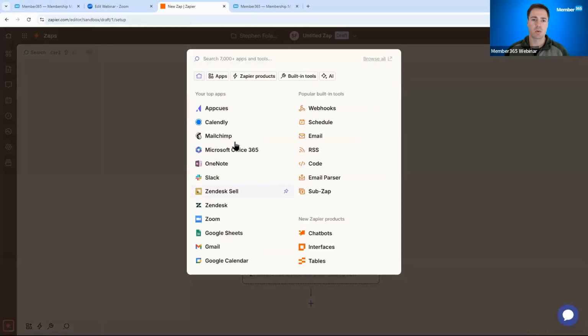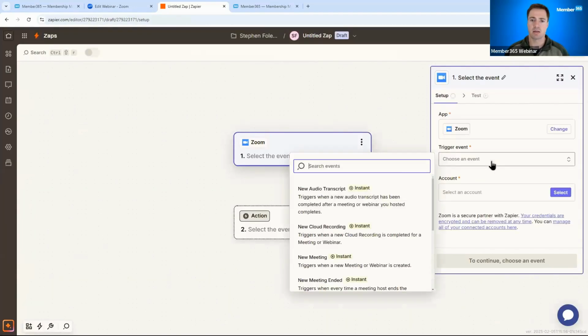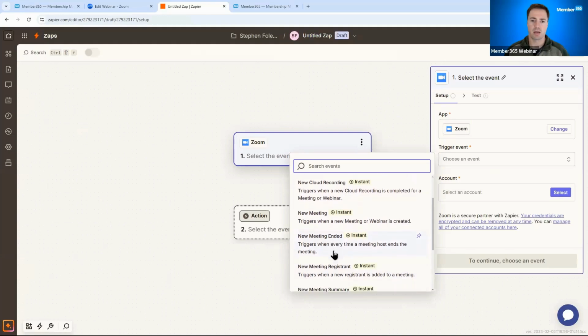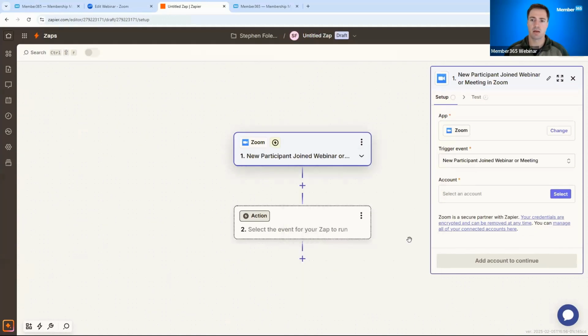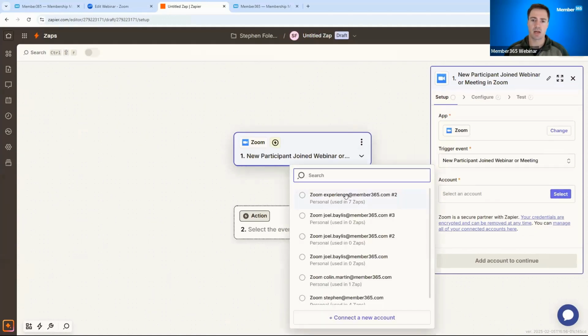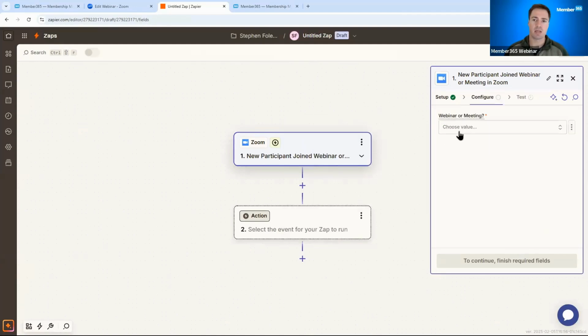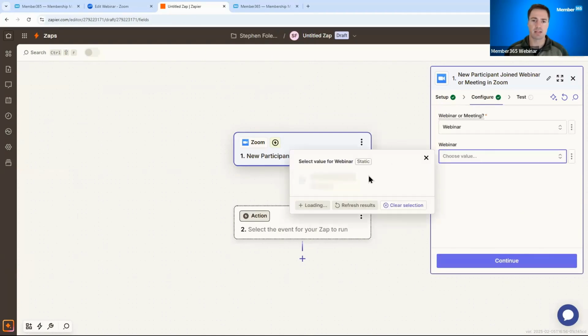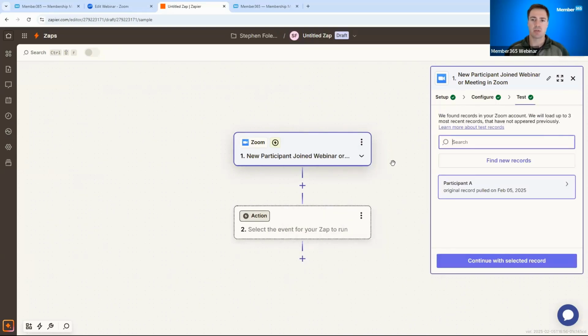So the trigger is going to be within Zoom this time, when someone logs into an event. So when we have a new participant join the webinar or meeting, and make sure again we're connecting that account from Zoom. Got to select that we want it to be a webinar, and this is just going to bring up the list of webinars, again finding that Zapier webinar, and then we want to test it to make sure that it's able to pull that information. All right, and we got the green check mark there,